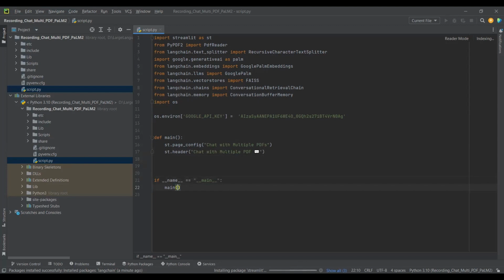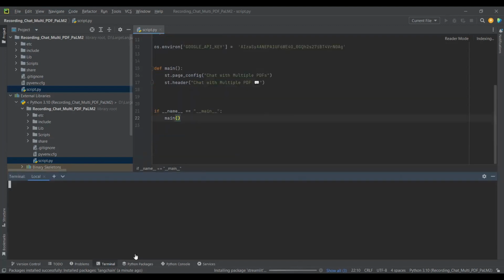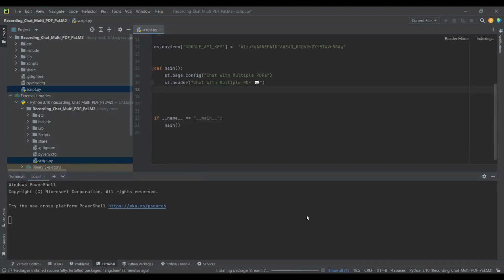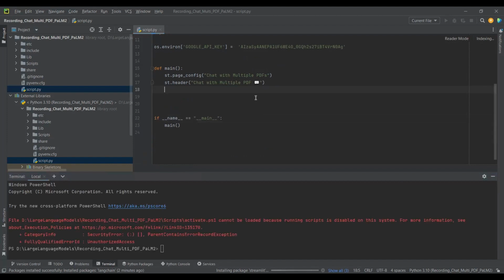So let's run this. So I will just open this. Okay, currently the package is getting installed, so it will give an error. Let's write further code, and then as this package gets installed, then we'll run it. So first, what we want is we'll just create a sidebar over here with